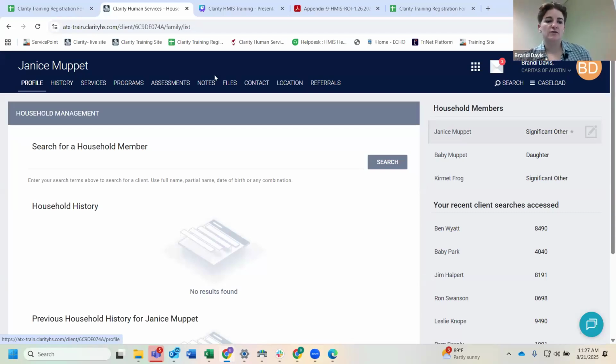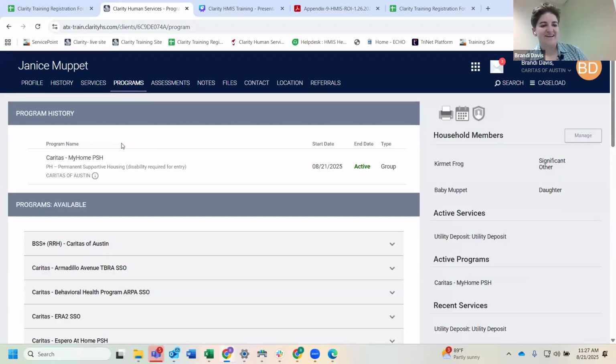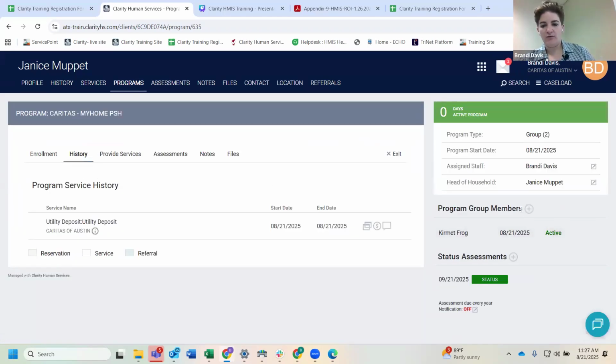So to do this, we're going to navigate back to our programs tab. It's basically always the first step if you're doing anything around programs. We'll navigate to the programs tab. Then under program history, we're going to click on the pencil next to that enrollment we had created. And then on the right here, underneath the days active, all of that, you're going to see program group members.